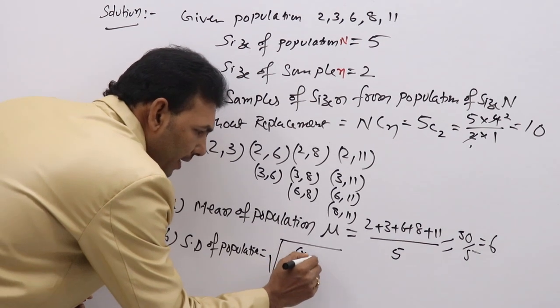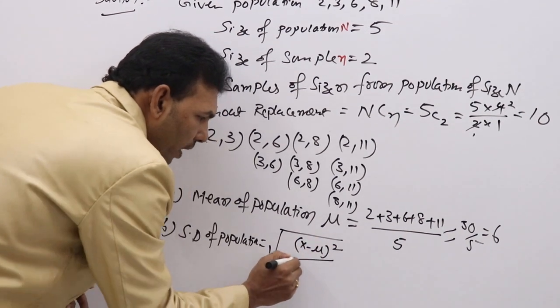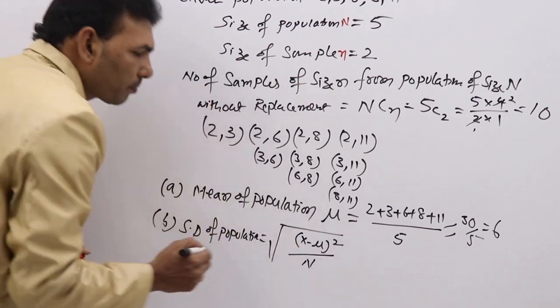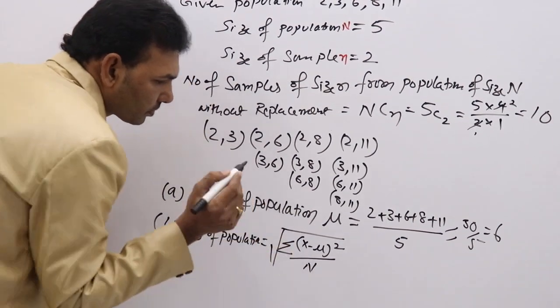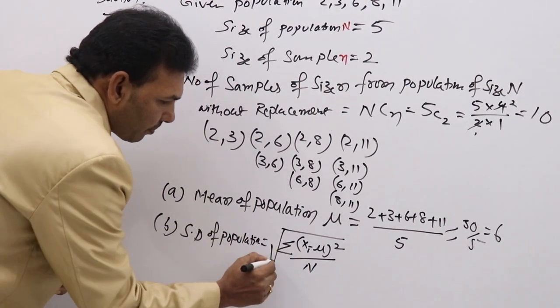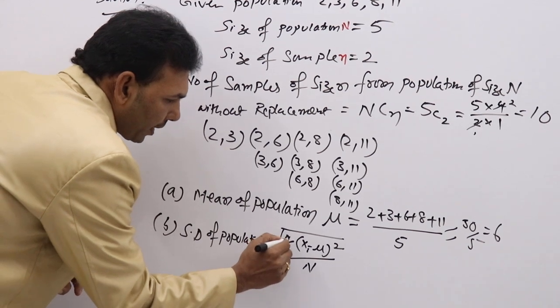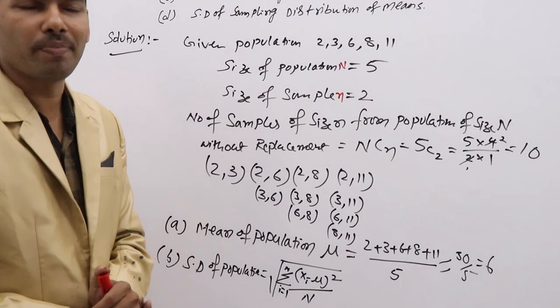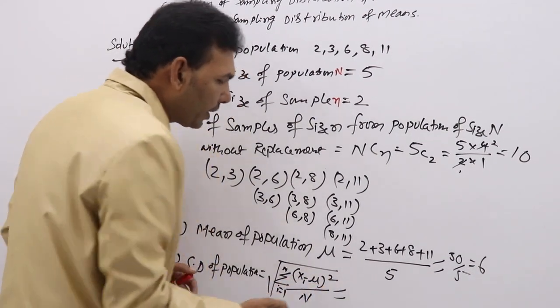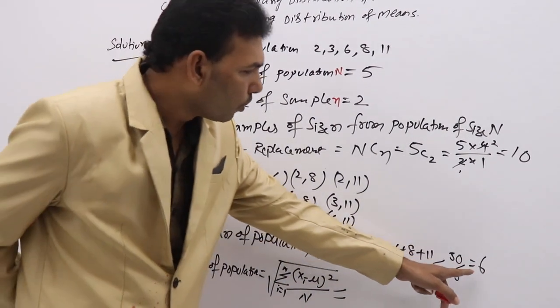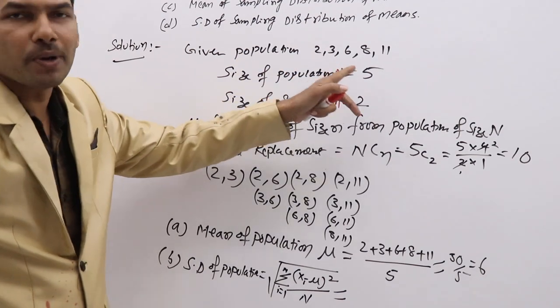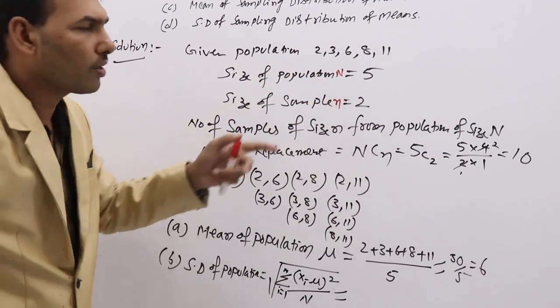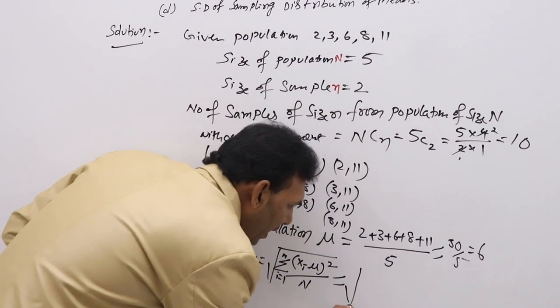x minus mu whole square by sigma. If you write here xi, i equal to 1 to n, sigma xi minus mu whole square by n. That means you need to subtract this mu from every element of the population and you have to square. What I am saying is, square root of